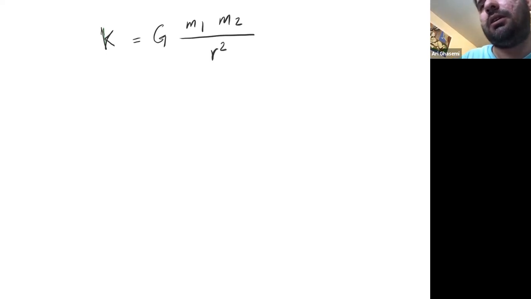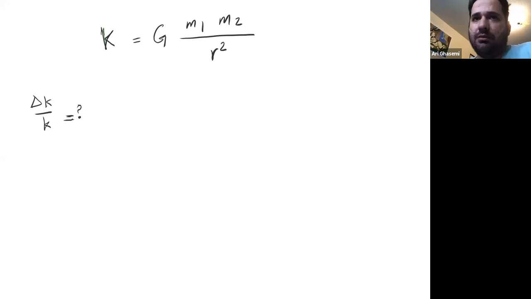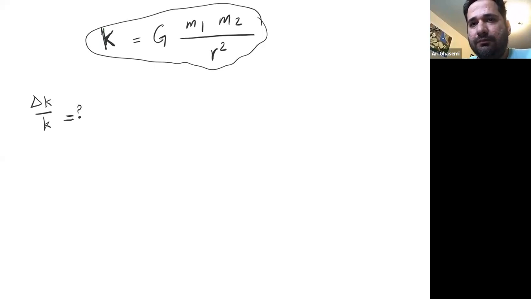Okay, then find delta K over K, the relation for delta K over K. So this spring constant is given. This relation, you don't need to derive it, this is given to you. All I'm asking is to find delta K over K predicted, that means theory, that means you should do partial derivative